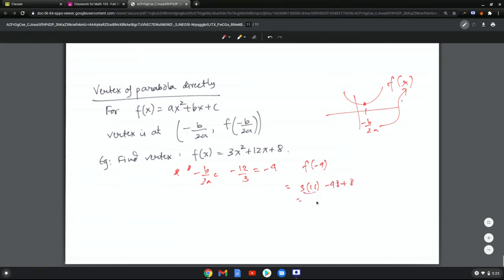That's 48, right? 48 minus 48 plus 8 is 8. So the vertex is at negative 4, 8. What about a? a is positive, so it's upward. So immediately, even without solving, you know that there are two real solutions to this problem. That's it for